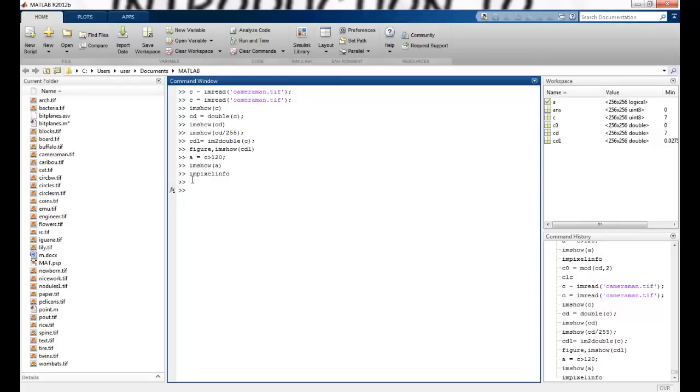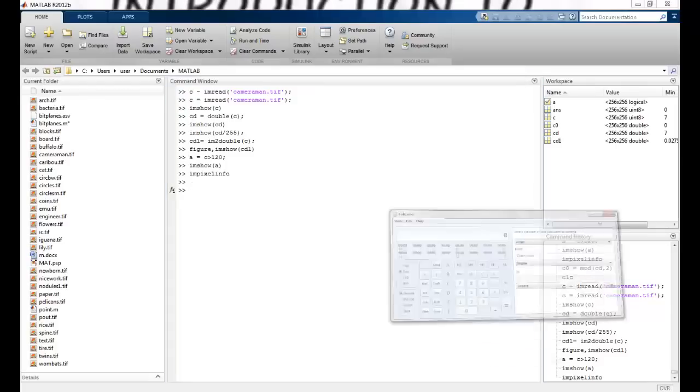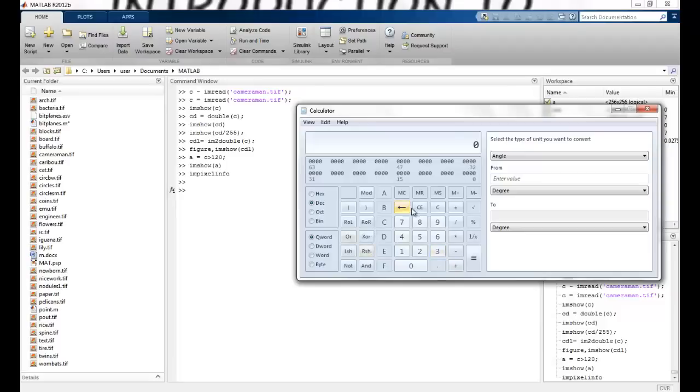Now to convert this image into its bit planes, I have already converted it into a double here. Now the bit plane extraction is very simple. What are we doing? Suppose I have a number 159. It's a decimal number. You can see that it's like this in binary. I want to extract the values of all these bits for each and every pixel in a plane.